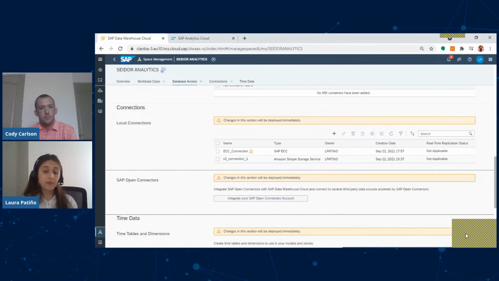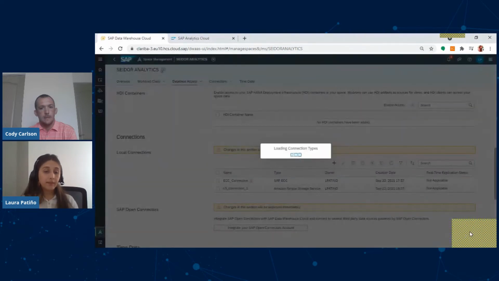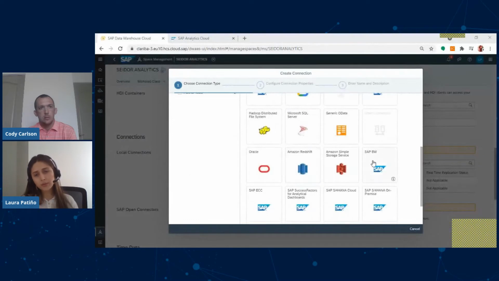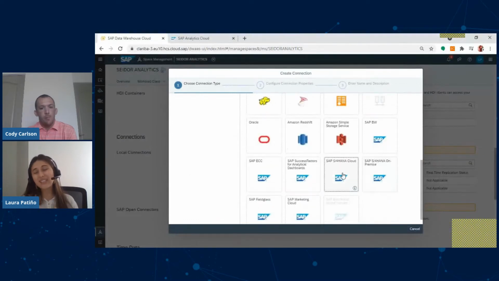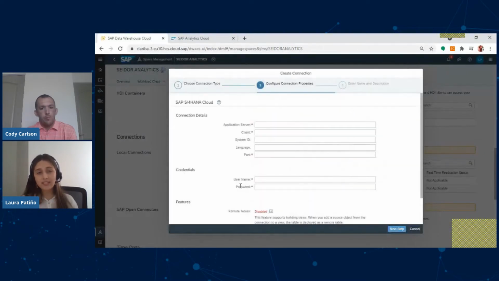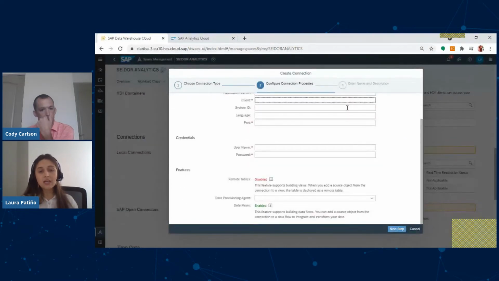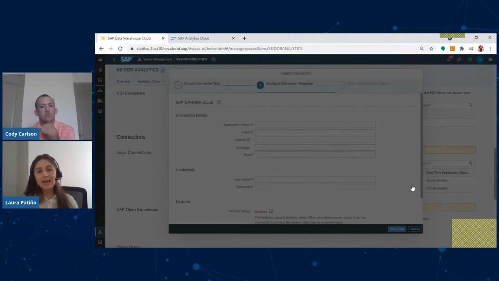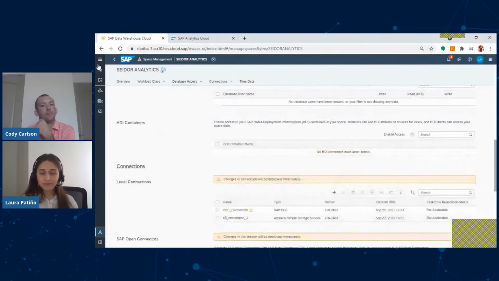So now from here, we'll be extracting that information. Here I'm going to show you the different parameters you will need to configure to connect, in this case, to an S4HANA ERP. You just set up those parameters over there, connect, and it is as simple as that.